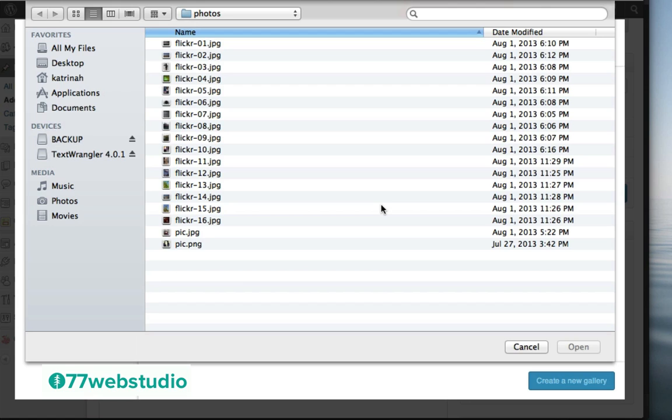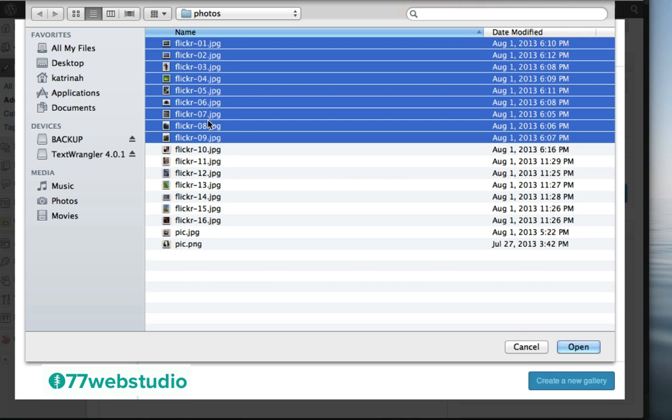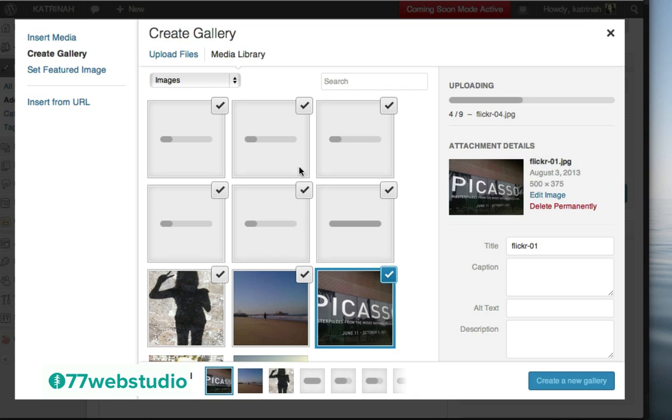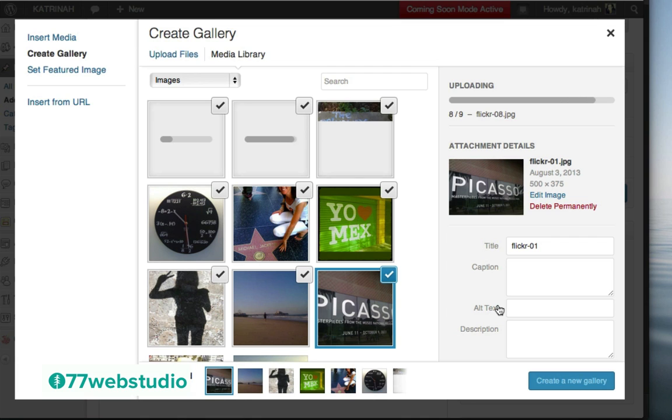And then we need to select the files that we want to include in our photo gallery. So I'm just going to choose the first 9 here by just highlighting all of them and then clicking on Open. So WordPress will import all of the different images, and you'll see them showing up down below here. You see 9 have been selected, and they're one by one being added to my WordPress website. Also note that the attachment details are on the right-hand side, and you can add a title and an alternative text for each of these 9 images.